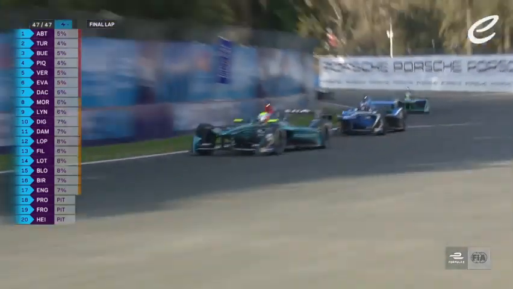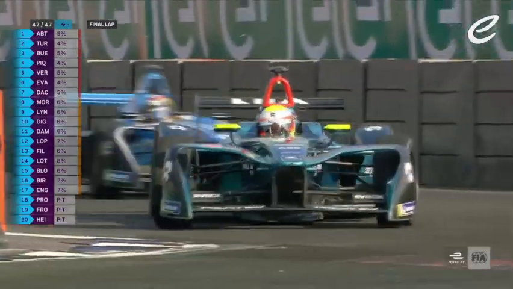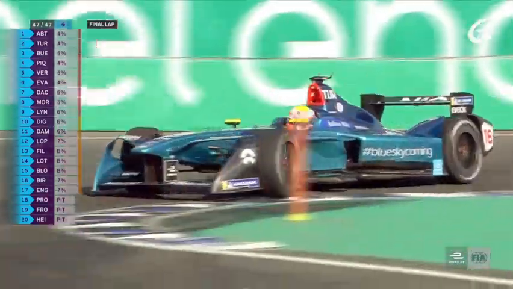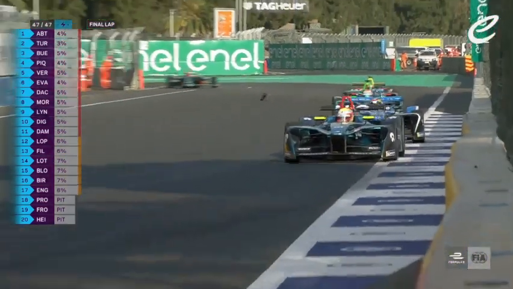Now through the long right-hander of 2. Turvey will just cover the inside line. There's no way he is opening the door for the Swiss racer to try and get past. Di Grassi is up into 10th place. It looks like the Brazilian will finally seal some championship points, but this 4-car train over second position at the